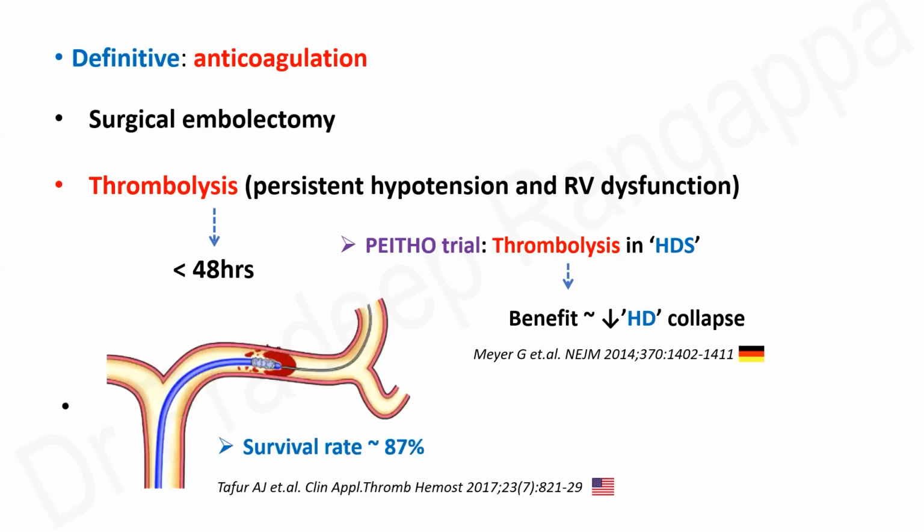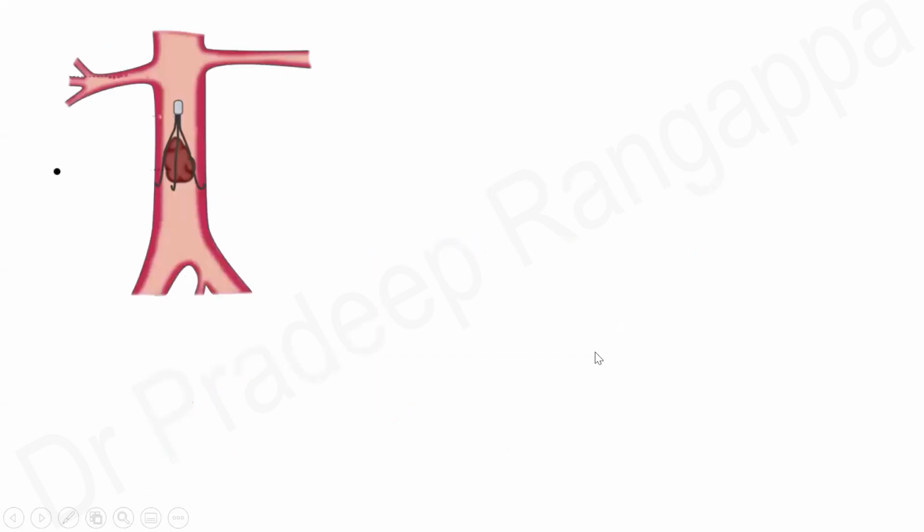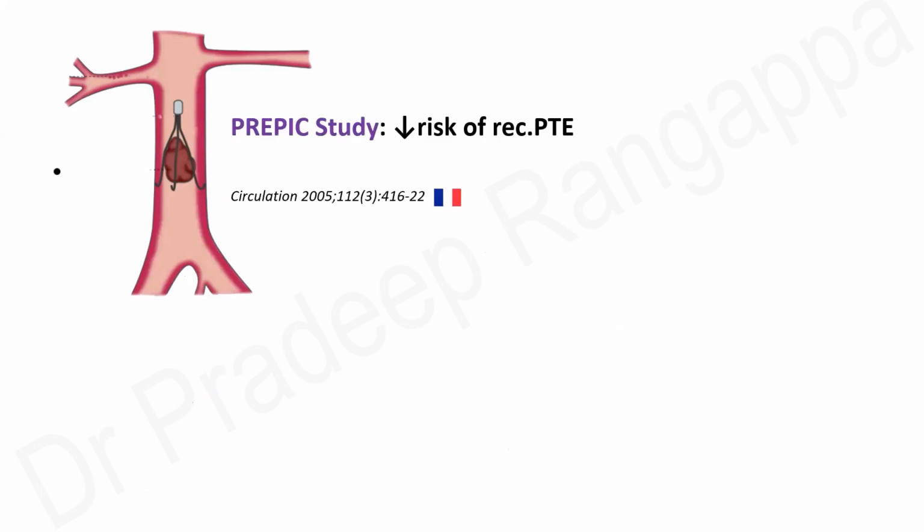So catheter-guided thrombolysis is something that could be considered. This was a study that came from a US group in 2017 by Tapson et al., where, as you see, the catheters were put into the pulmonary artery, and the pulmonary thrombus was lysed using intravascular thrombolysis, and they found the survival rate was very good at 87%. And IVC filter, where there is a contraindication for anticoagulation or thrombolysis because of stroke or any other reason. So an IVC filter is something that could be contemplated.